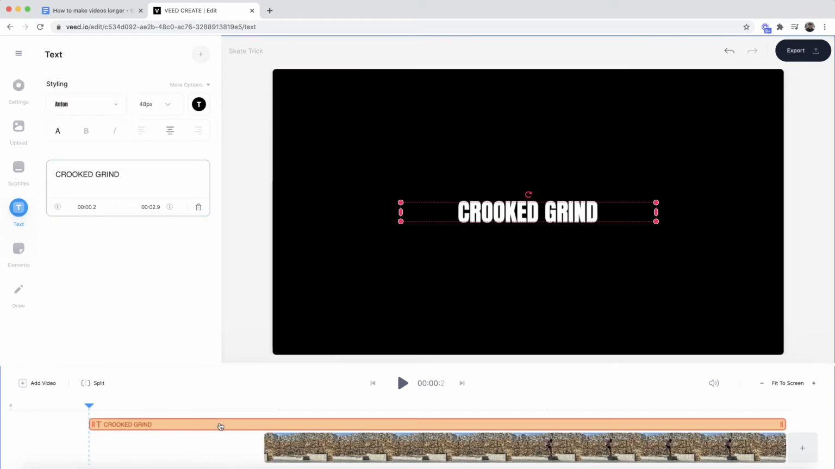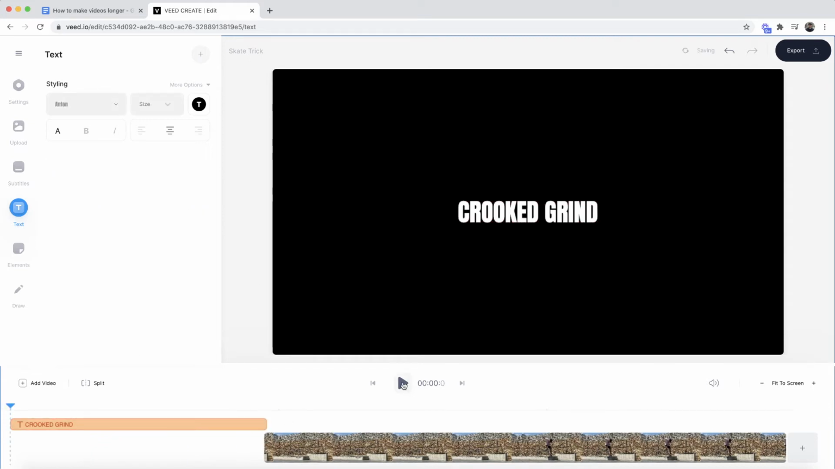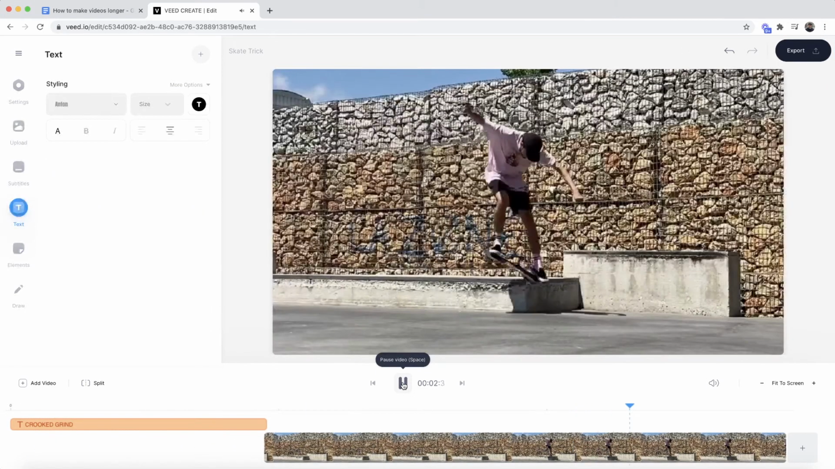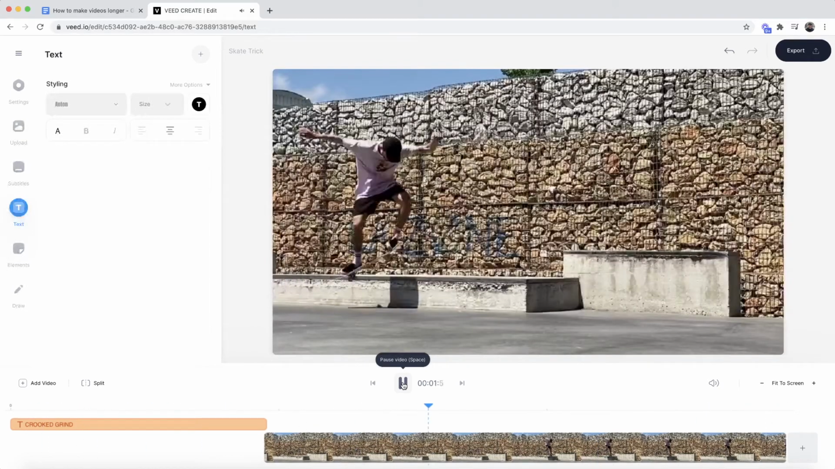And then here in the timeline, I'm going to click and drag to adjust it. I'm going to trim off the beginning so the text stops when my video begins playing. So now, from the beginning, if I click play, as you can see, our video is now 1 second longer. Obviously, you can make your intro as long as you want, and if you want, you can also add an